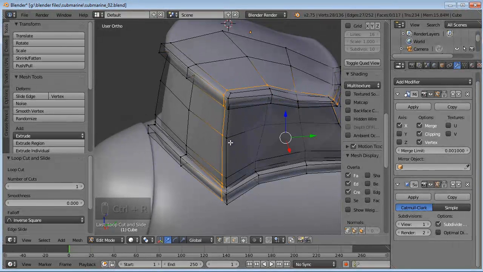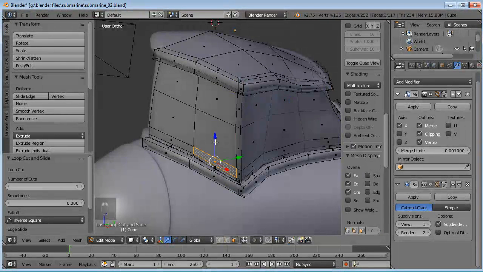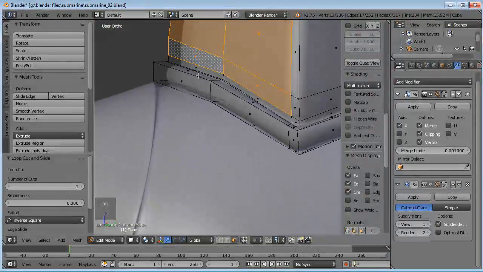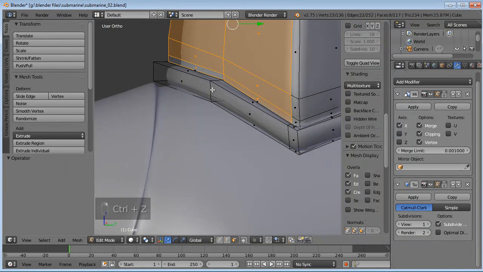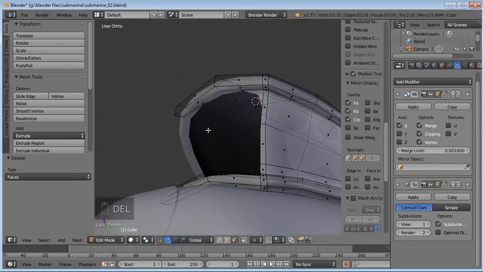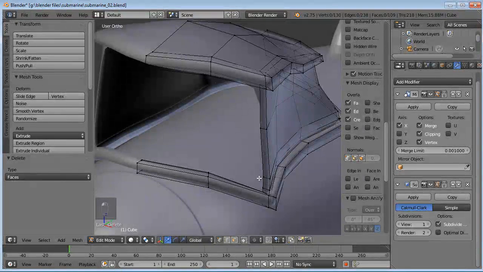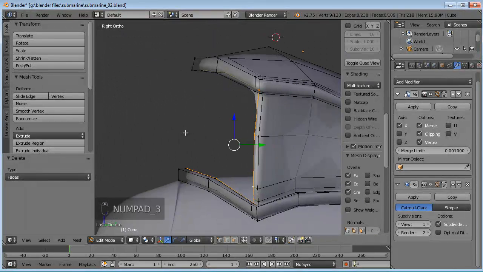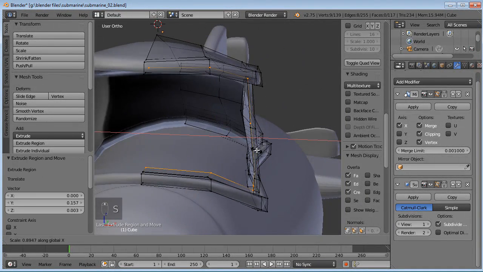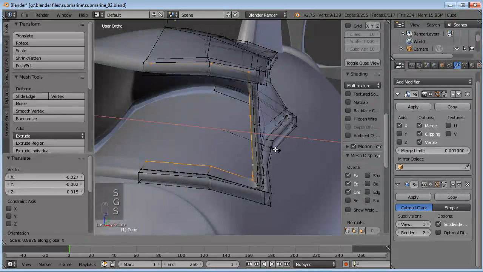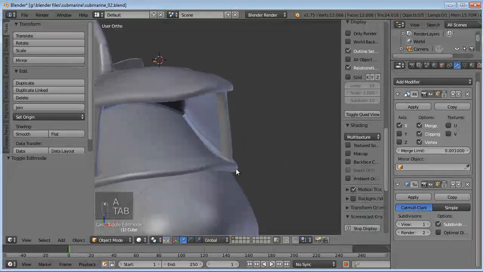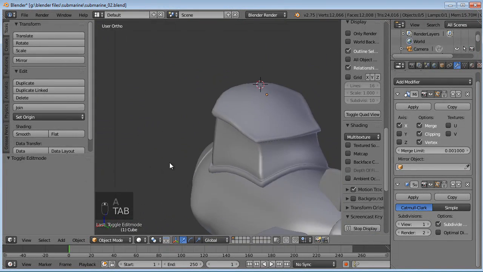Let's create a loop right there. And then, tell you what, let's just get rid of this windshield right here altogether for now. And that one. Okay, so we'll just get rid of those faces for now. And let's select this whole loop in here now and just extrude that in, just so we have a solid surface there, in case our windshield doesn't meet all the way at a corner. We won't have just an empty space there. It'll be actual surface underneath it.